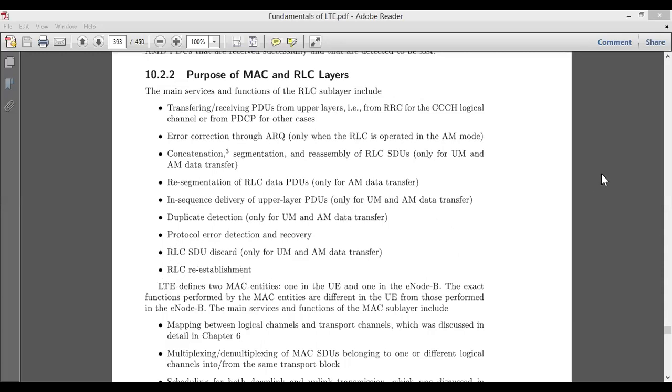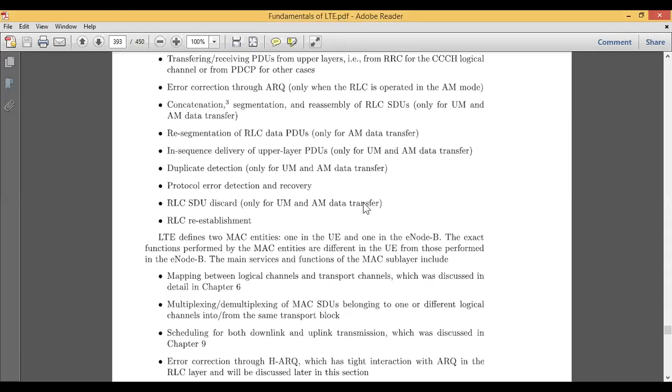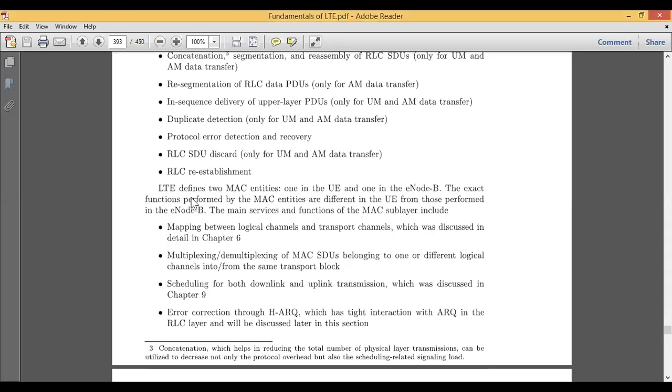Once we know the services and functions related to RLC, LTE defines two MAC entities.